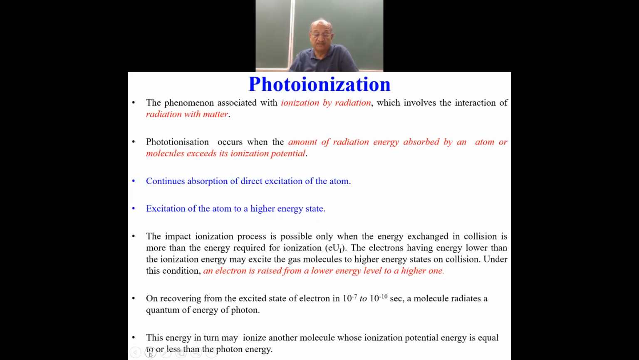The impact ionization process is possible only when the energy exchange in collision is more than the energy required for ionization. That is, EUI is the energy required for ionization. So unless the energy exchange in collision is more than the energy required for ionization, impact ionization will not occur. Electrons having energy lower than the ionization energy may excite the gas molecules to a higher energy level on collision. Under this condition, an electron is raised from a lower energy level to a higher energy level, and this